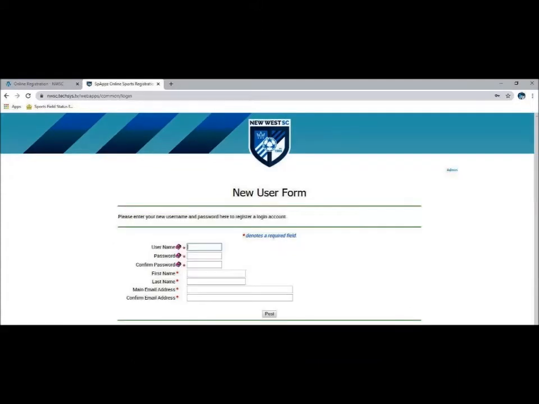Your screen will now display a new user form where you will create a unique username and password and begin the process of filling out the required information. We suggest using your first initial and last name combined as your username, or use the first part of your email address minus the @ portion. Make sure your password is something you can remember, but it is best to use a combination of upper and